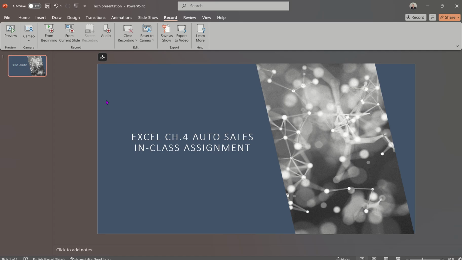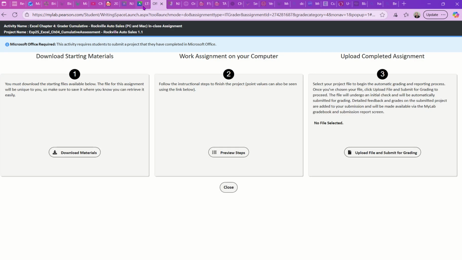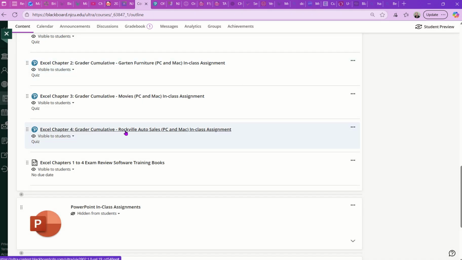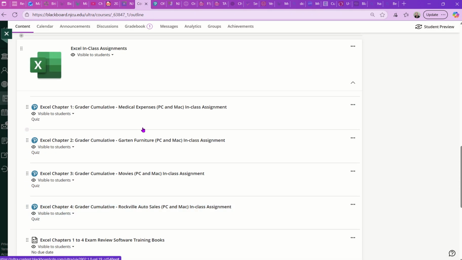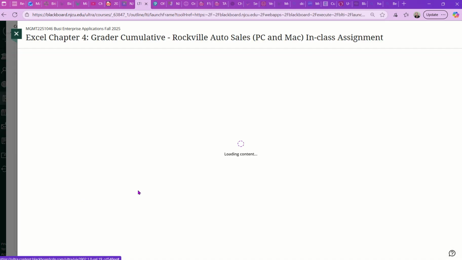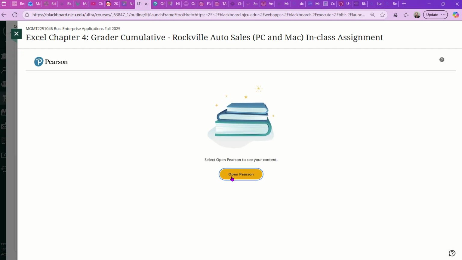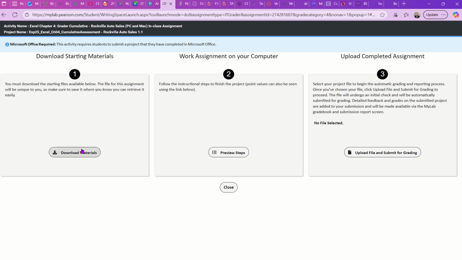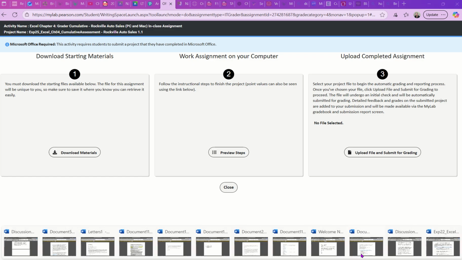Assignment. So we want to go to Blackboard and basically go to the Rockville Auto Sales under the Excel in Class Assignments, click on it, and you want to just launch the files to open in Pearson. I will launch this. So you want to download the materials, and then over here you can upload them when you're done. Alright, so we have our instructions,